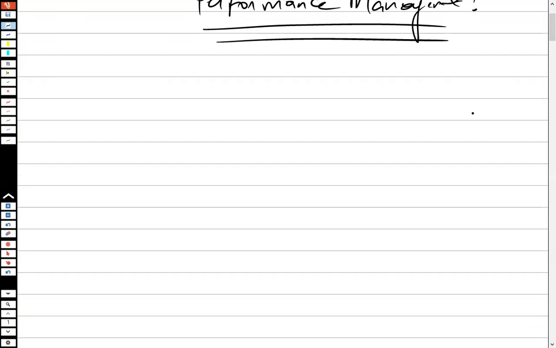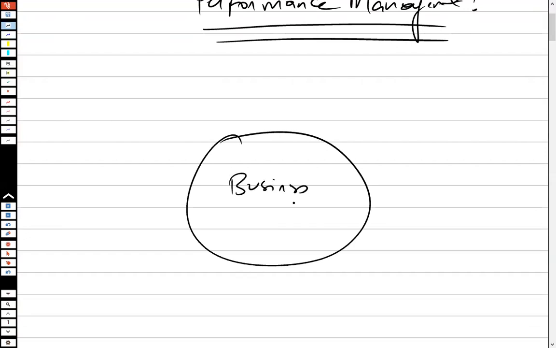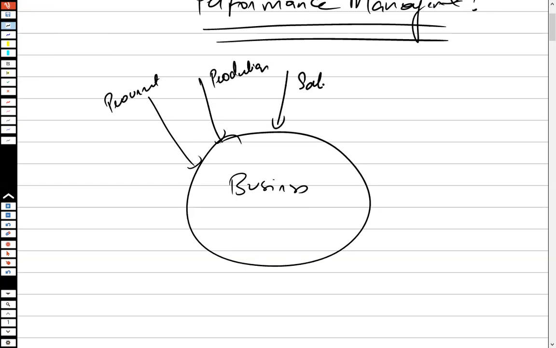Let's try to understand that when it comes to performance management, just think of yourself running a business. When you are actually running a business, almost every single aspect of the business has to be taken care of, whether that be the procurement of material, the production, the sales department, the marketing department, the finance function,